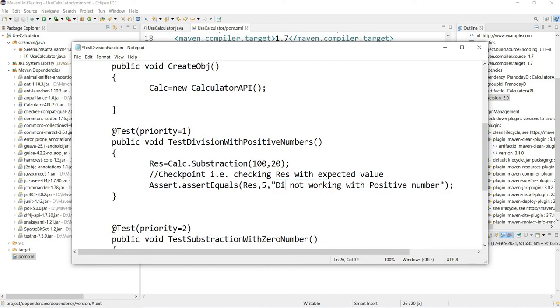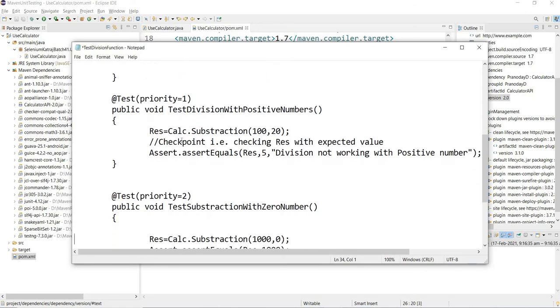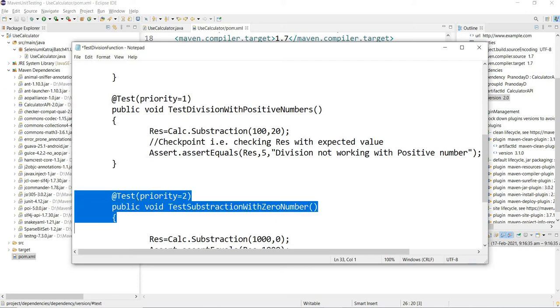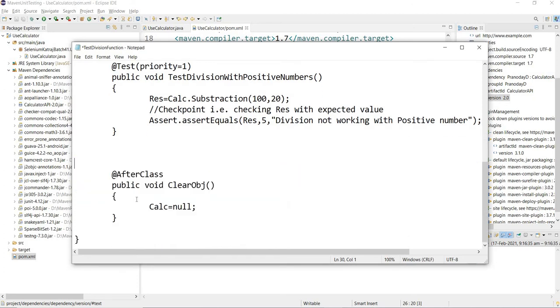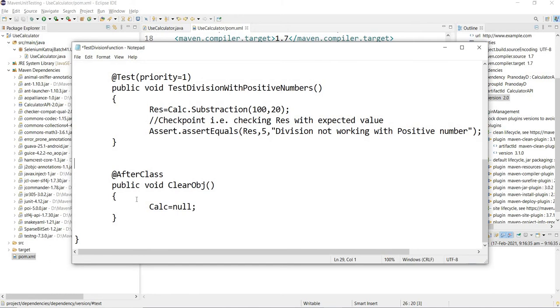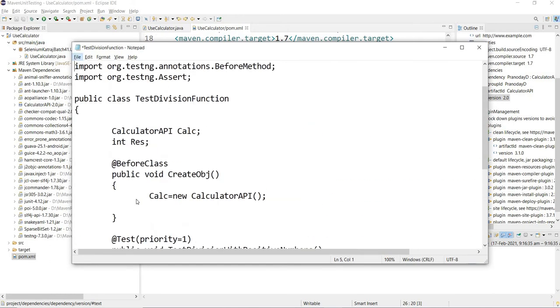If the test case fails, this is the message we want in our TestNG report. Now let's say this is the only test case we want to do with the division, so I'll remove the rest of the test cases. Now this is what the unit testing is done. We have done it for our division.